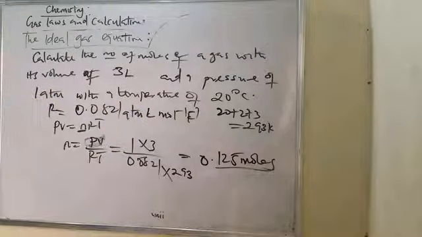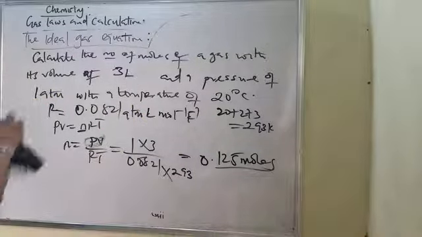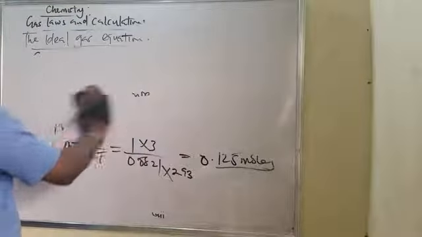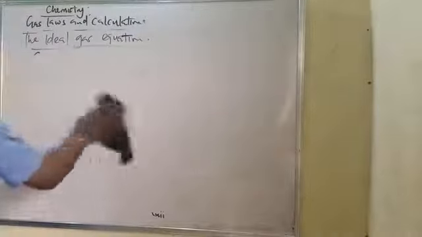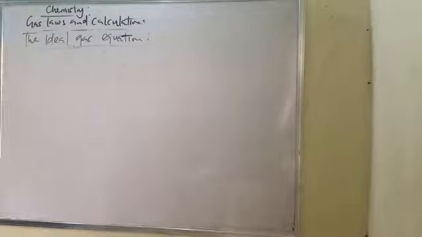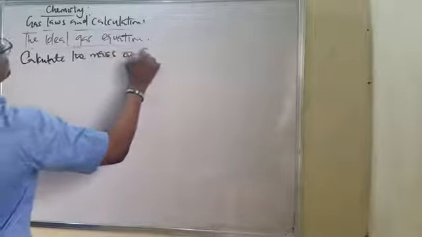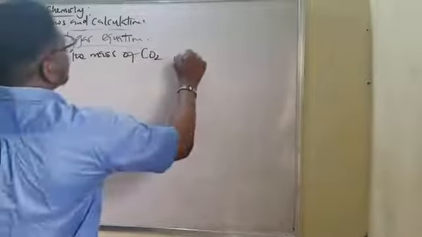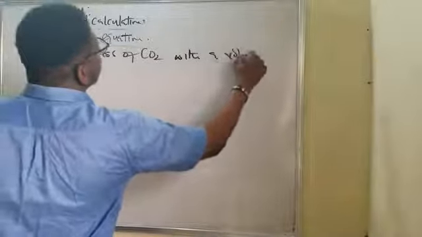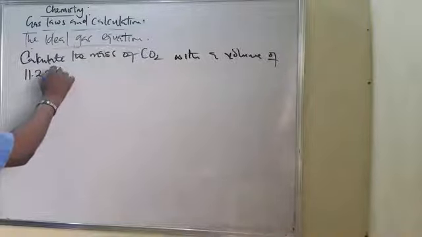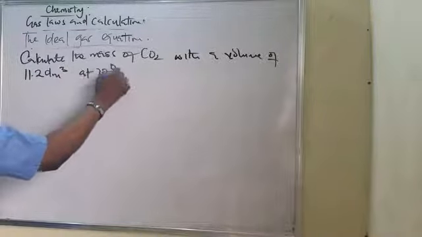So this is a way you can actually find a question, but you can also find some questions based on your interpretation or how you can further your formula. Let's assume we have a question where you are told to calculate the mass of CO2 with a volume of 11.2 dm cube at 27 degrees Celsius